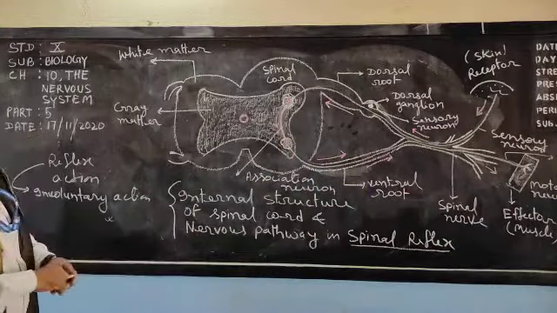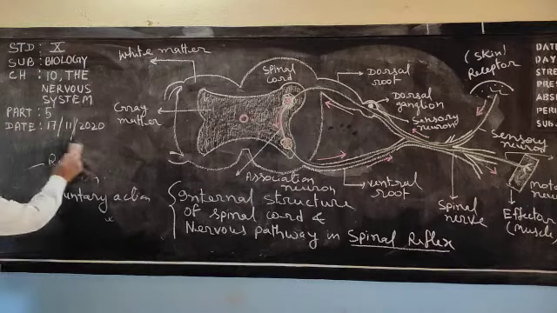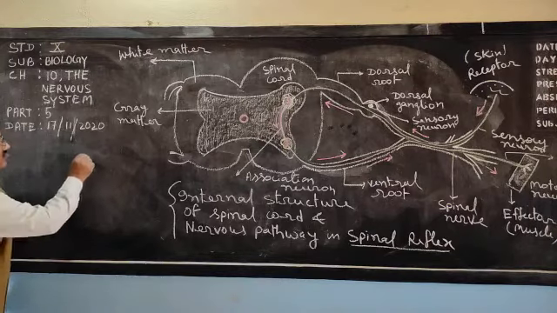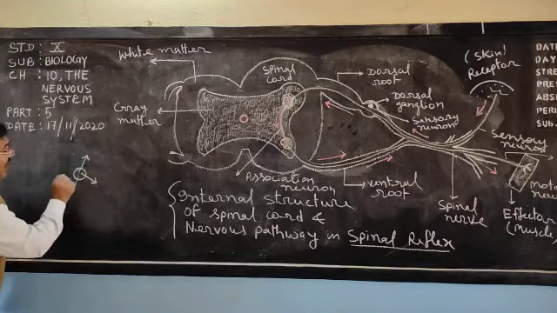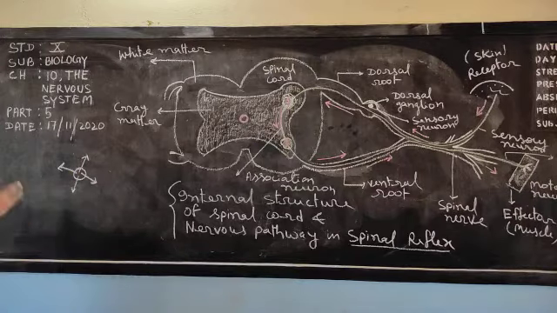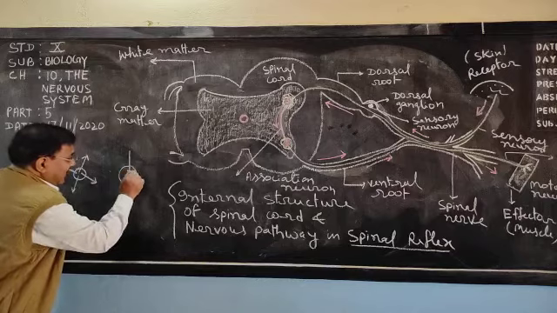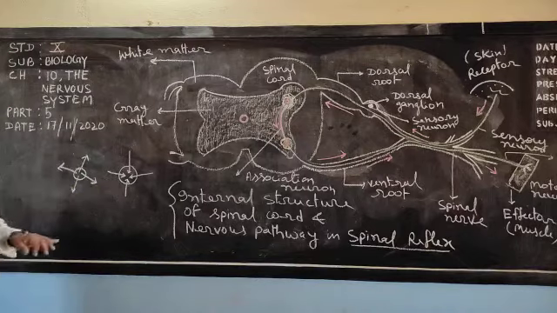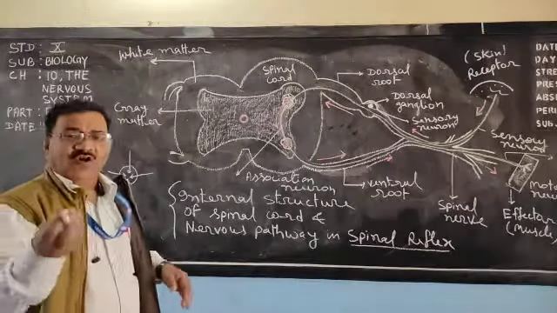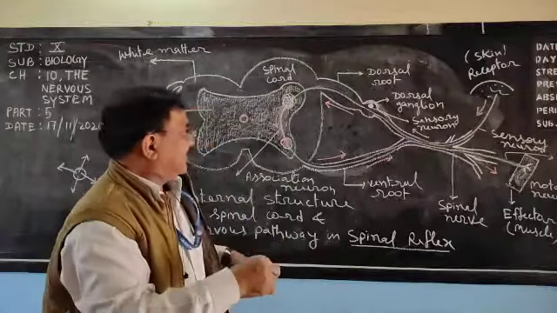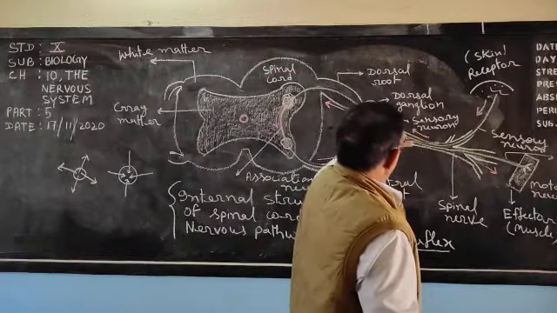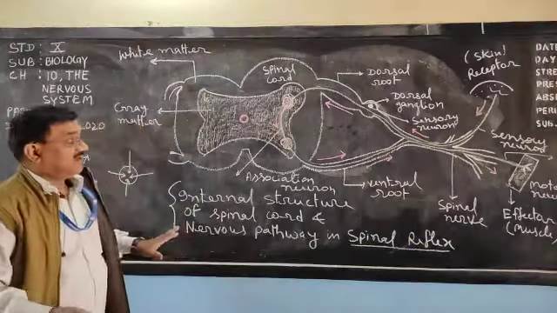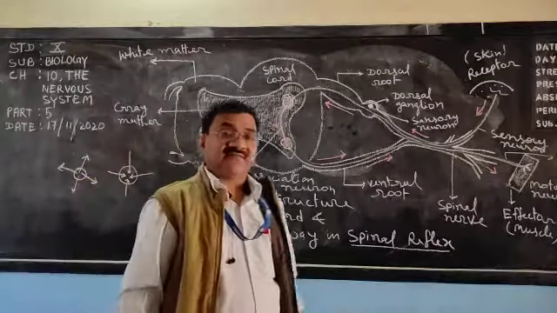Once more, try to understand diagrammatically about the ganglion. Suppose this is the ganglion. Either all the nerves will come out from here, or all the nerves will enter here. So this is the ganglion, from where all the nerves arise or all the nerves end. Here the dorsal ganglion is shown, and you can see the sensory neuron is coming out from it.